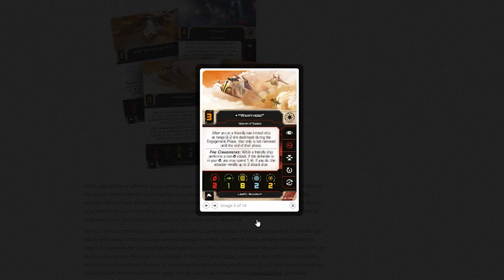And then Warthog. After you or a friendly non-limited ship at range 0 to 2 are destroyed during the engagement phase, that ship is not removed until the end phase. Okay, so if you remember Fell's Wrath from 1st edition, this is basically that as a spread effect. Now, this, of course, would require you to play a bit of swarm tactics, but with the V-Wing coming out,